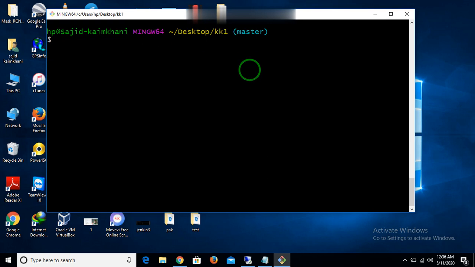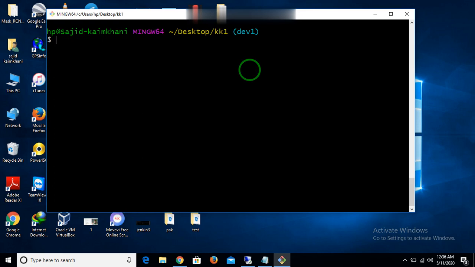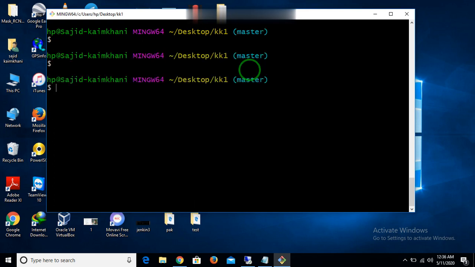Okay, now we have to create another branch for that. git checkout -b dev1. Okay, so my data comes up here with the same data. Now the master branch has changed the file, something like that.